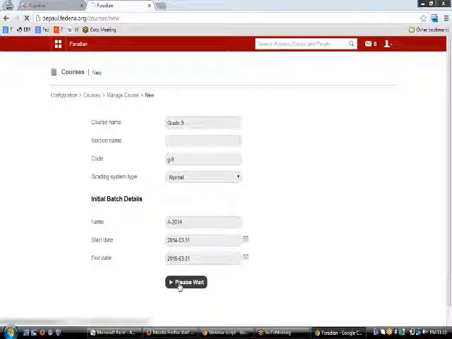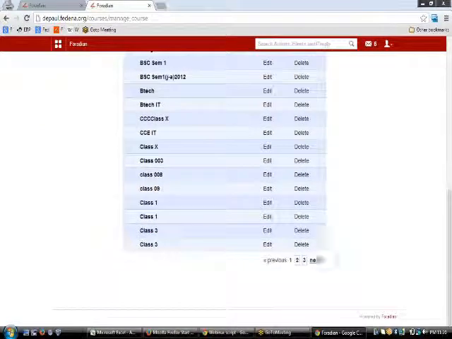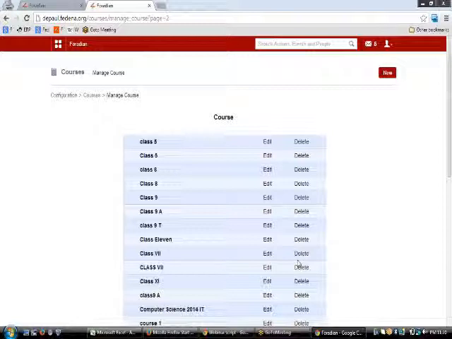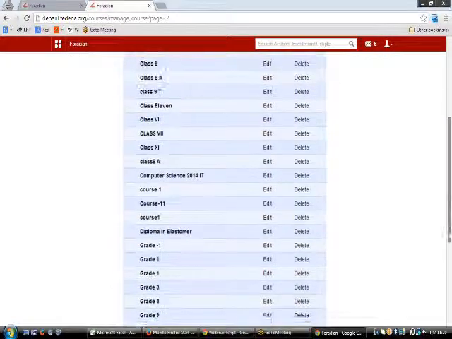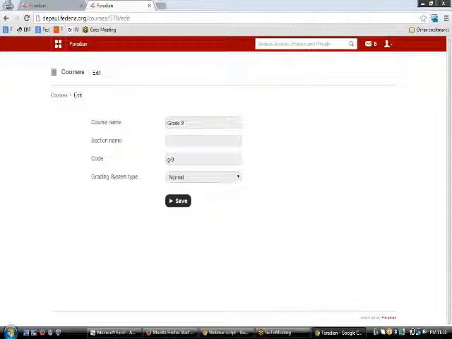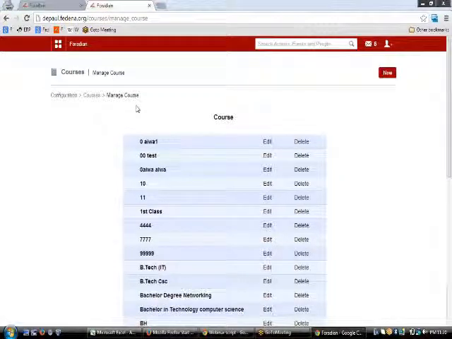On hitting the save button, you will be able to create a course which says grade 9 having the code G9. You can even edit any of your courses by just going to this particular course and hitting the edit button there. So that is all about how you can create a course and a batch in it.